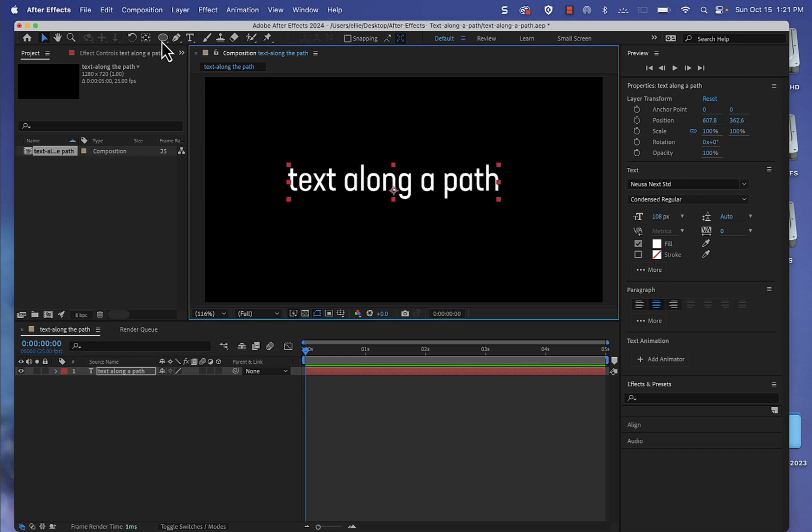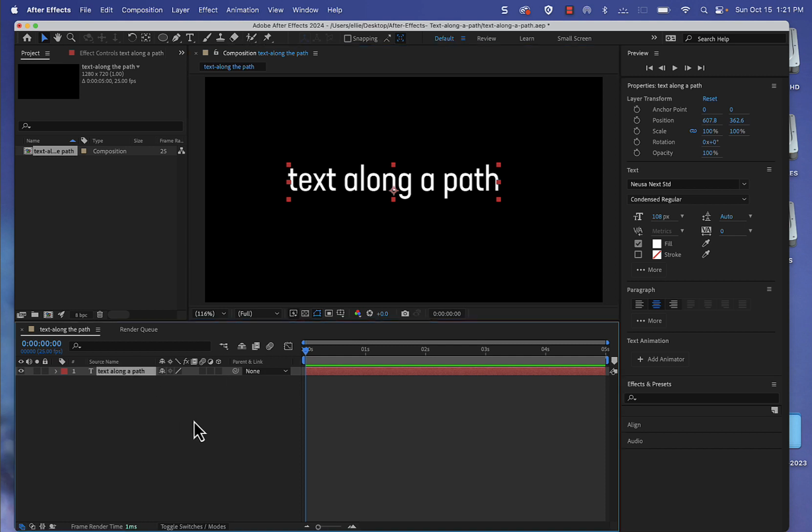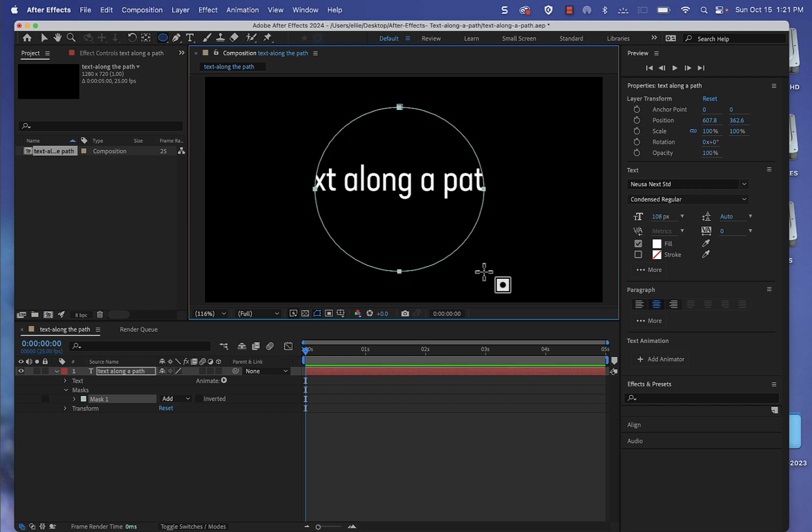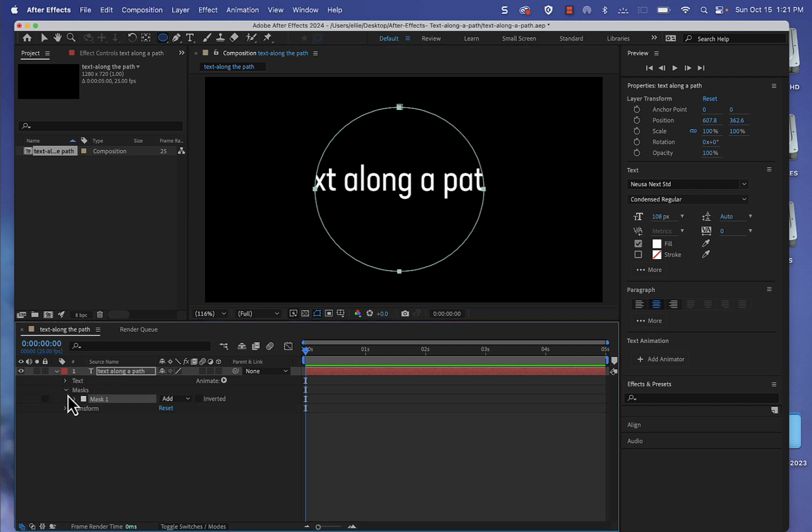The first way is, once you have your text, make sure the layer is selected. That's very important. Then you can click on your shape tool and literally drag an elliptical or square or whatever shape you like. Next, you want to go to your text panel and you'll see that now you have a mask option. So I'm going to close this up, go to my text, and now I also have